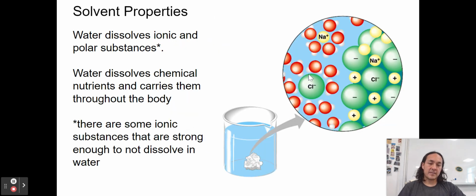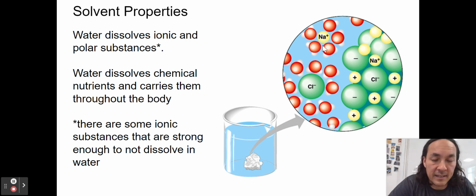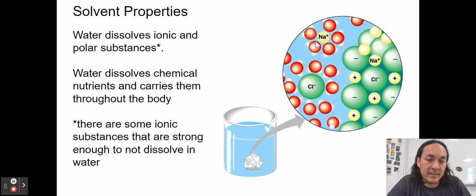Water also helps to dissolve substances for us. That would be ionic and polar substances. So here's a good example of sodium chloride. Look at how all the negative oxygens are surrounding that positive Na plus, that cation. And in here, all the H's, which are all positive, are surrounding the negative chlorine molecule and helping